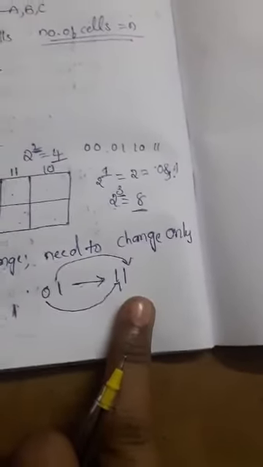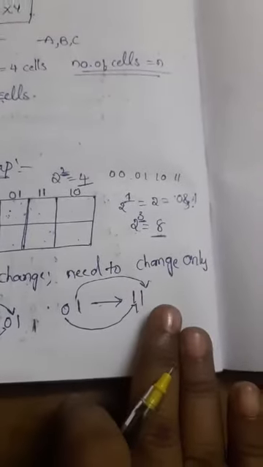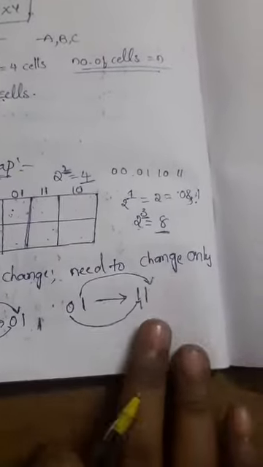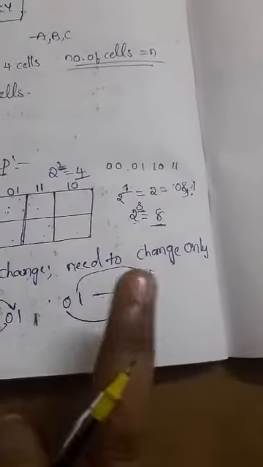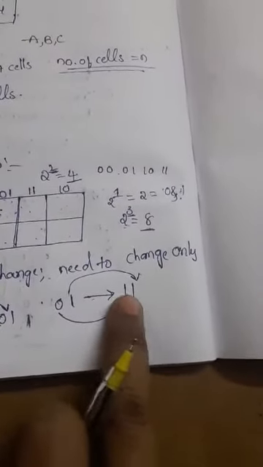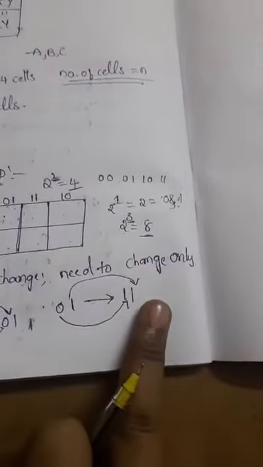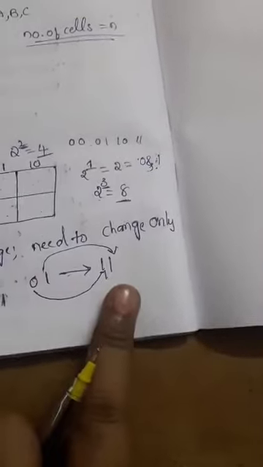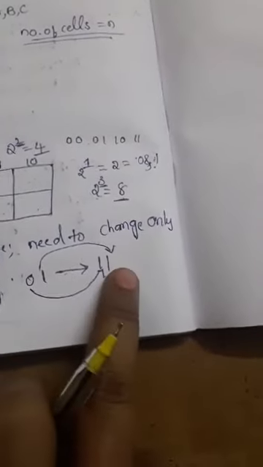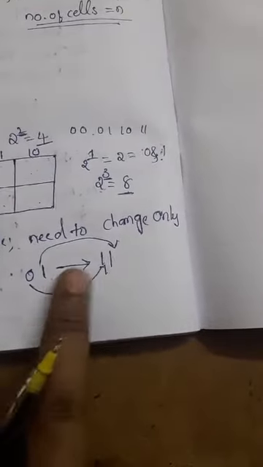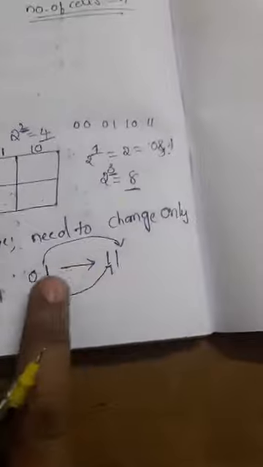So that means you cannot change 2 bits at a time. That is the point, you cannot change 2 bits at a time. One bit change means either this bit or this bit; in these 2 bits we can change only one bit. Here 0 changes to 1 and 1 is as it is, so simply we can say that one bit changes.